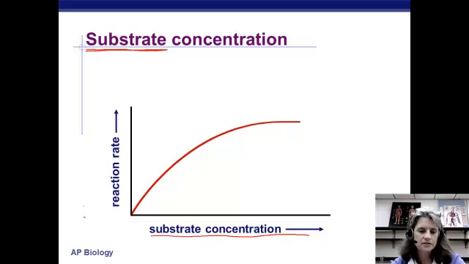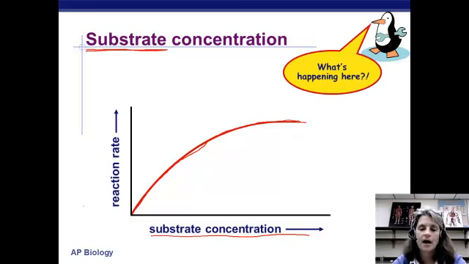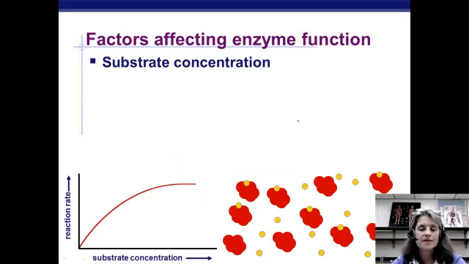As the substrate concentration goes up, just like with enzyme concentration, I get a quickening of the reaction rate initially, but at some point it just can't go any faster. It's going as fast as it goes, and the rate levels off. Okay, what's happening here is that